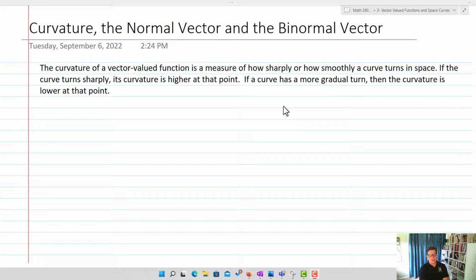So if the curve turns sharply, its curvature is going to be higher at that particular point. And if a curve has a more gradual turn, then the curvature is going to be lower at that point. And we're going to utilize that as a jumping off point for us. What we want to get is that we're always talking about curvature at a particular point, right? And then we're going to end up getting a scalar value, or a constant value, for that curvature